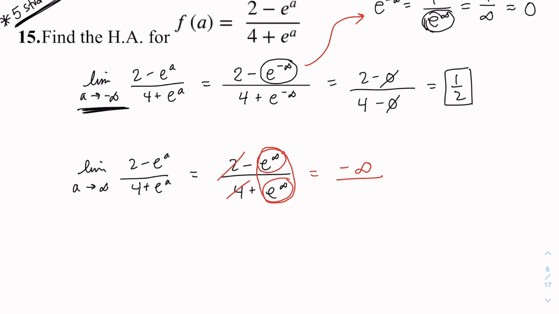Now we have negative infinity over positive infinity, so that leaves us with a negative 1, right? These are the same, so they'll cancel out, leaving us with a negative 1 over 1. And so this is a very unique problem. Don't stress over it, but if you were able to follow the